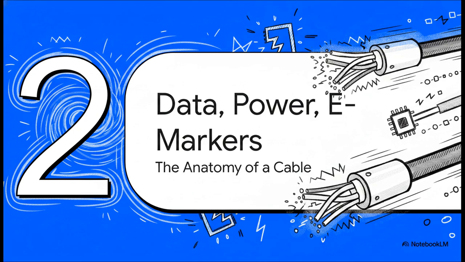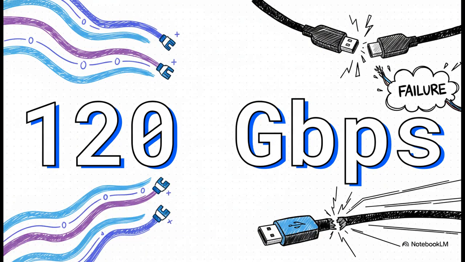All right, moving right along to Section 2, data, power, and e-markers. Let's do a quick digital autopsy. Because the numbers we're dealing with in 2026 are absolutely staggering. Just look at this, 120 gigabits per second. To achieve this massive asymmetrical bandwidth, engineers had to throw out the old binary way of sending signals. They moved to something called PAM3, which actually transmits data across 3 distinct voltage levels, -1, 0, and +1. It's kind of like upgrading a simple on-off light switch into a complex 3-way dial, letting you send 50% more